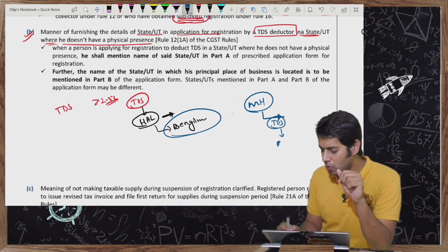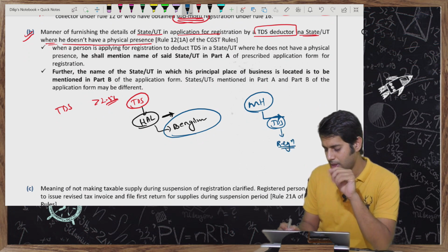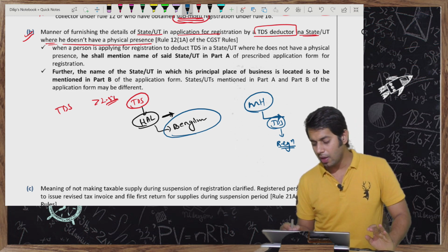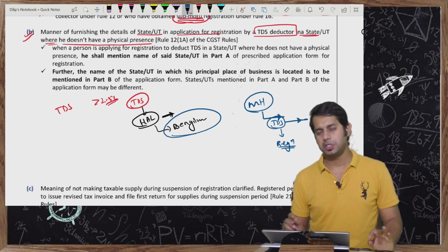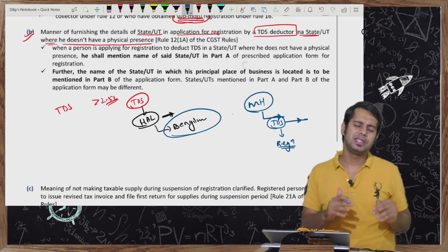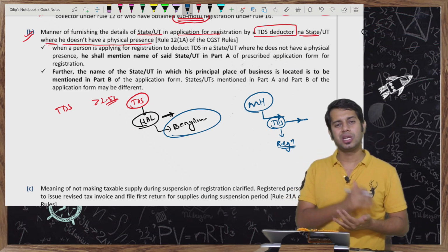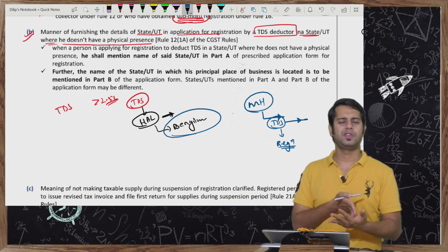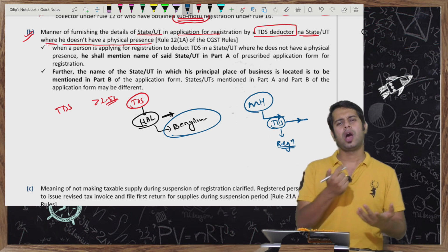They can deduct TDS only after taking registration. Now, they are applying for registration, but they do not have any office at all. They do not have any physical presence at that location. Then how will I take registration, sir? If I don't have an office, if I don't have a physical presence in this area, how will I take